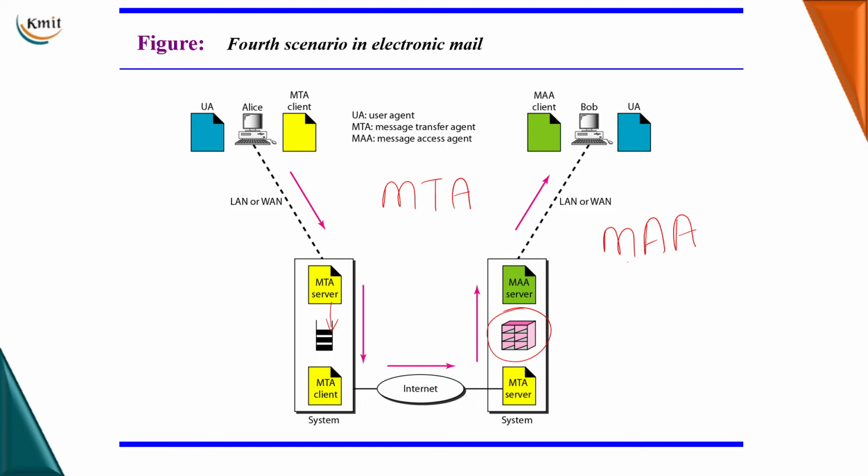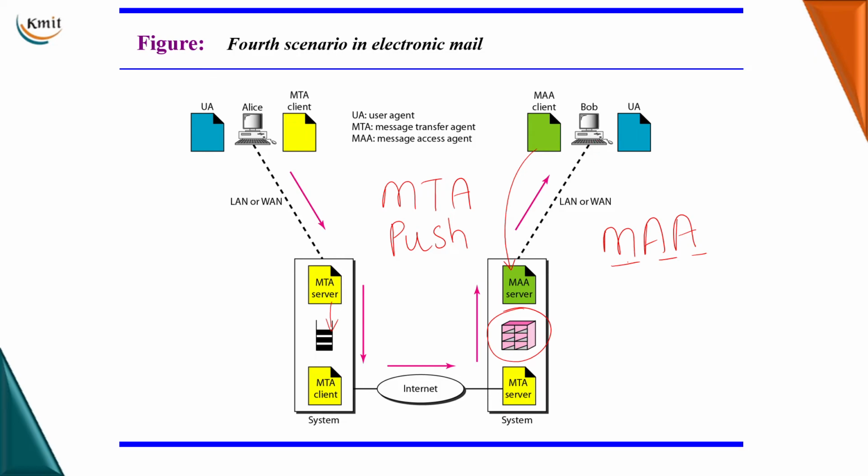responsible for transmitting a message over internet from one system to another, where MTA is responsible for pushing a mail. MAA, Message Access Agent, is responsible for accessing a mail. So Bob will call for a MAA client which will pull the messages from the mailbox by connecting to a MAA server. So the MAA server will get the mails from the mailbox and give it to the MAA client, and then the mail is delivered to Bob.